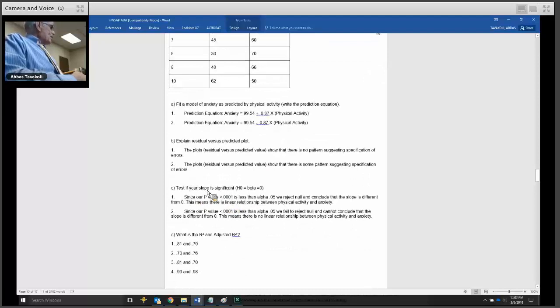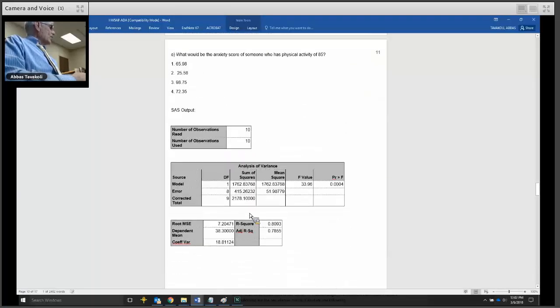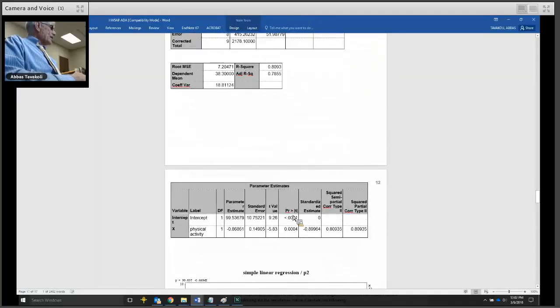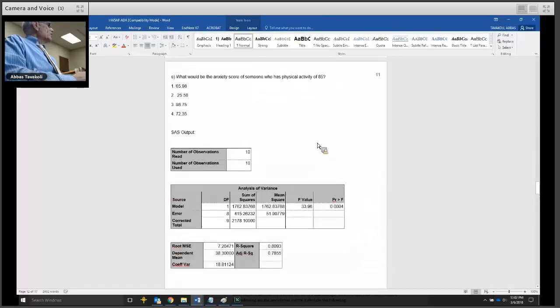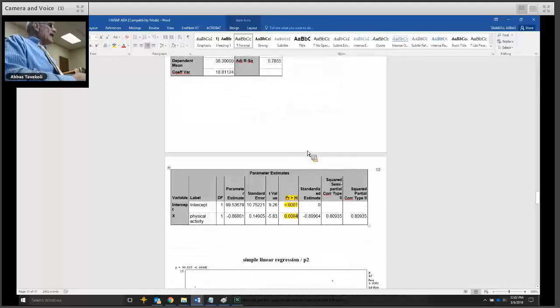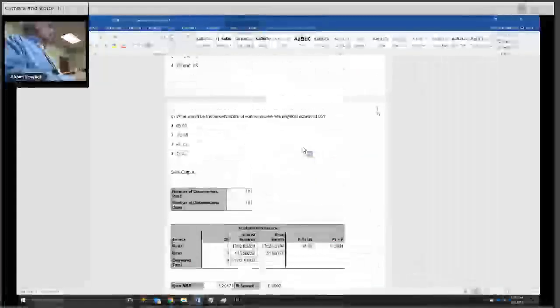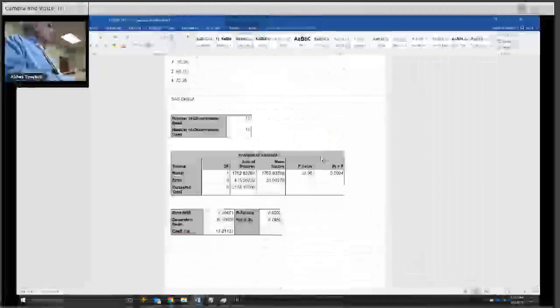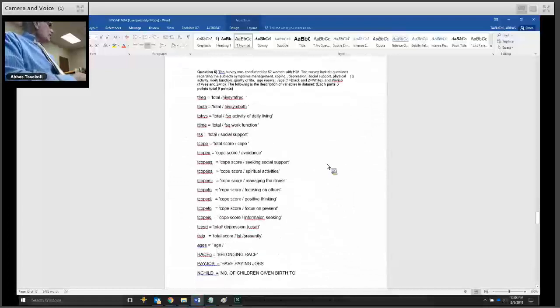The C part is a little bit different, and I ask you to test if it's significant. Remember, this column is your p-value. So anytime your p-value is less than alpha, you reject the null and you would say it is significant. If your p-value is greater than alpha, you fail to reject. And then the last part is again prediction. You put 85 in your equation and solve the problem. And question 6 is